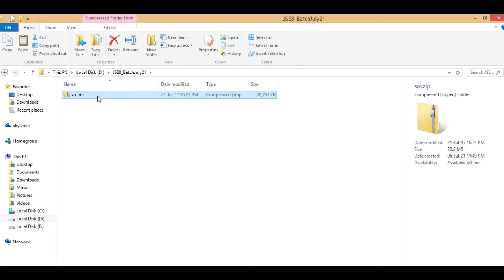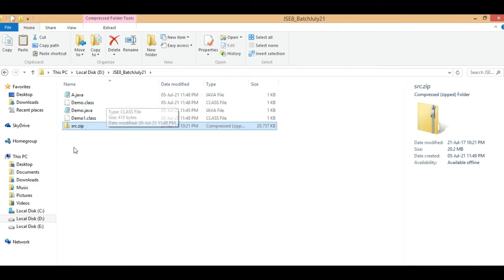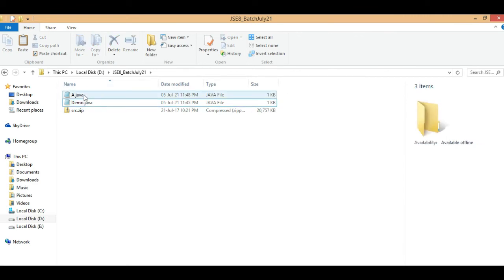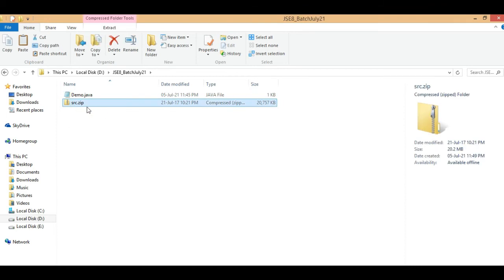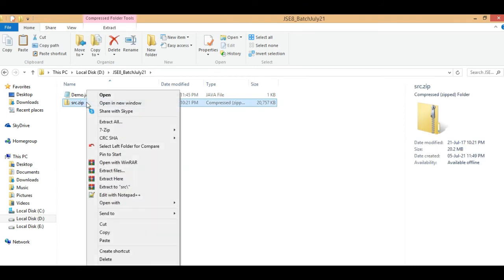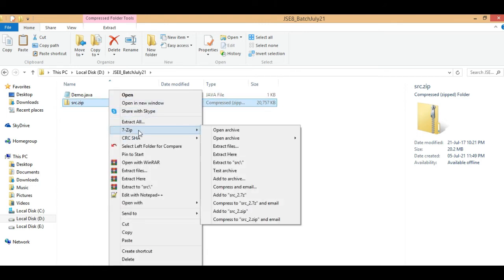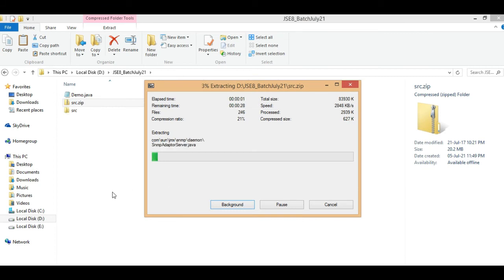Now we need to delete the class files only. I need this. Okay, so now we have the src.zip file. As we know, zip is a compressed file which we can extract here.